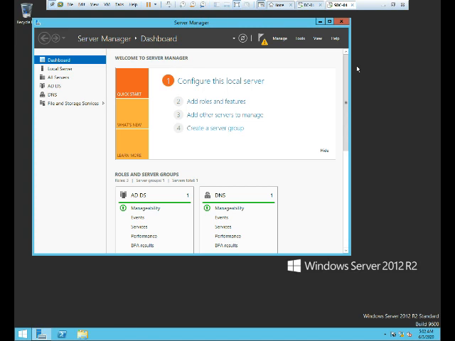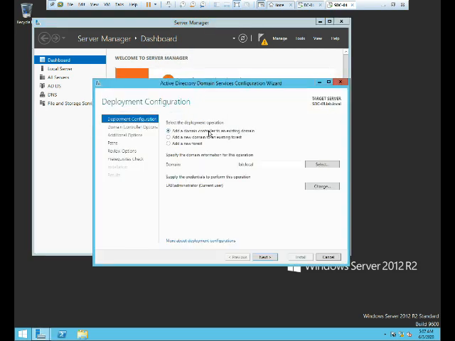We need to first add the Active Directory Domain Services role and DNS role, which I have done already, because I want to make a short video and don't want to make a very lengthy one. So let's focus on promote. We'll promote this server as a second domain controller. As we can see, three options. It's not new for us now, because in the last video I have already explained. So we will select the first option, lab.local DNS.